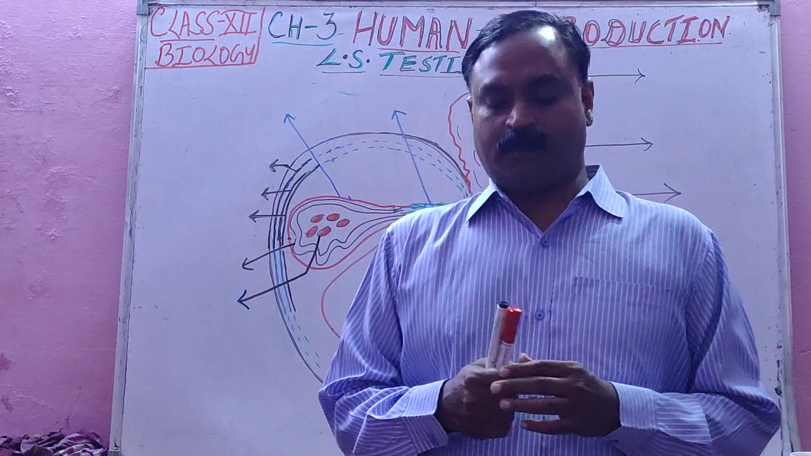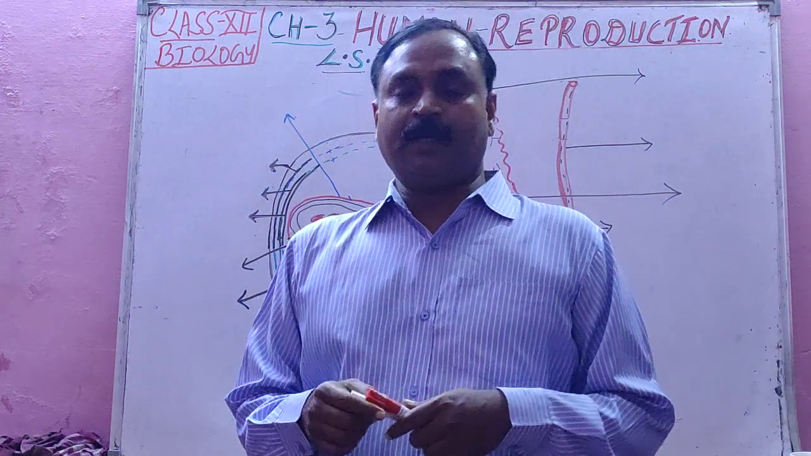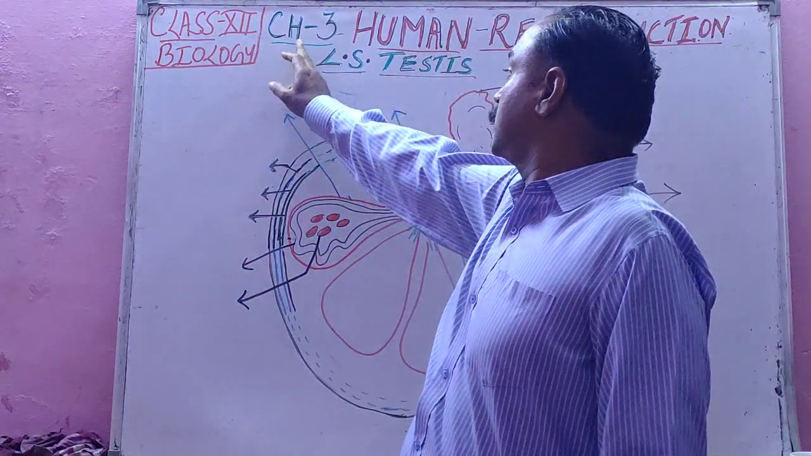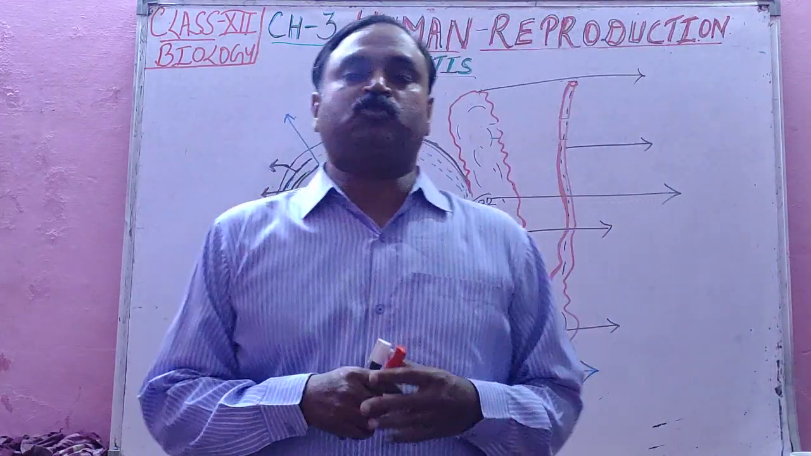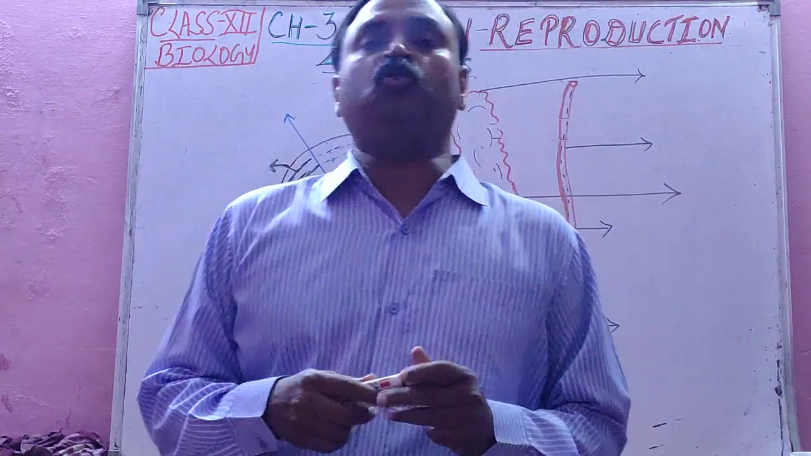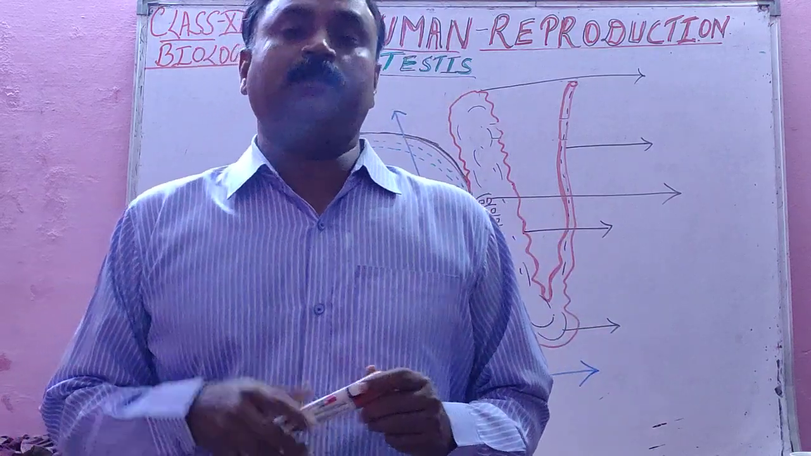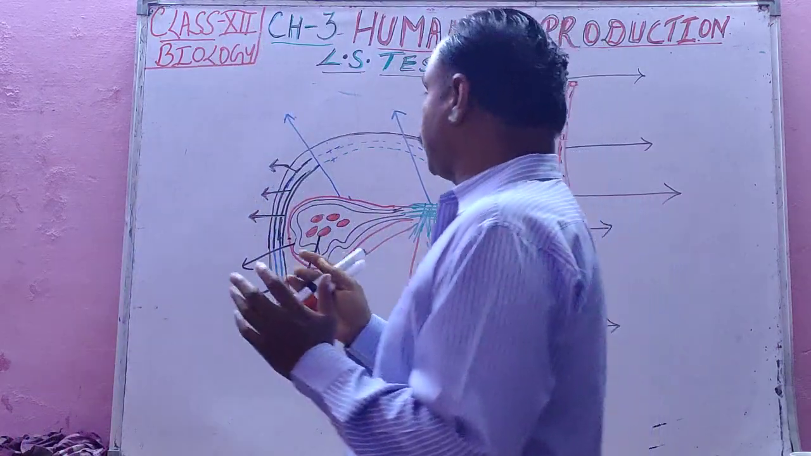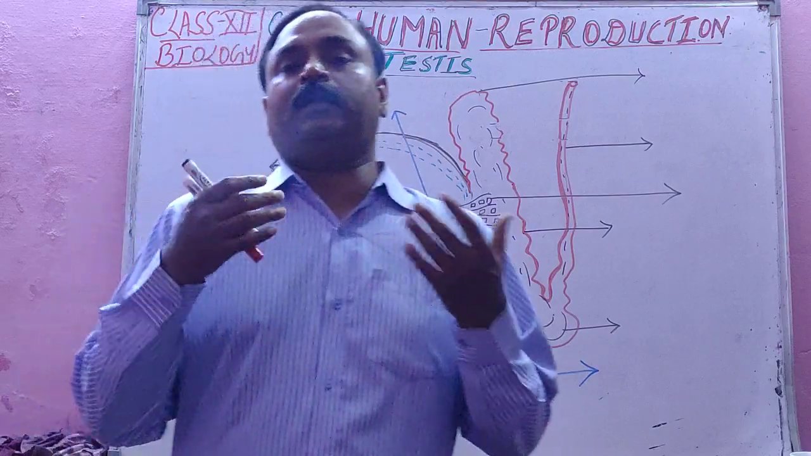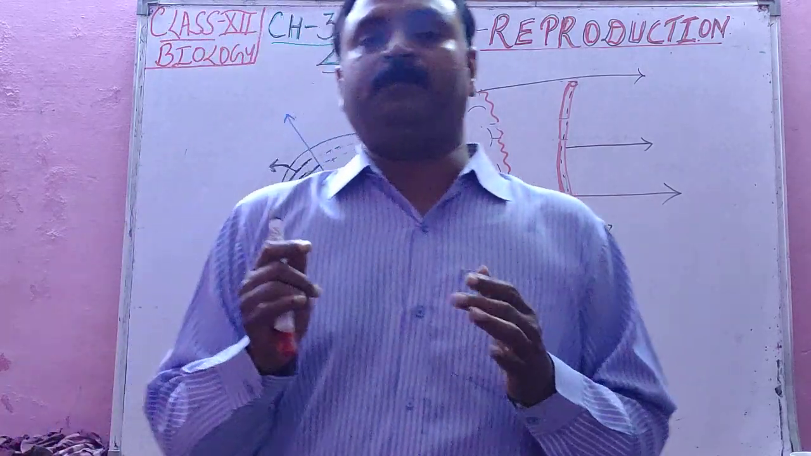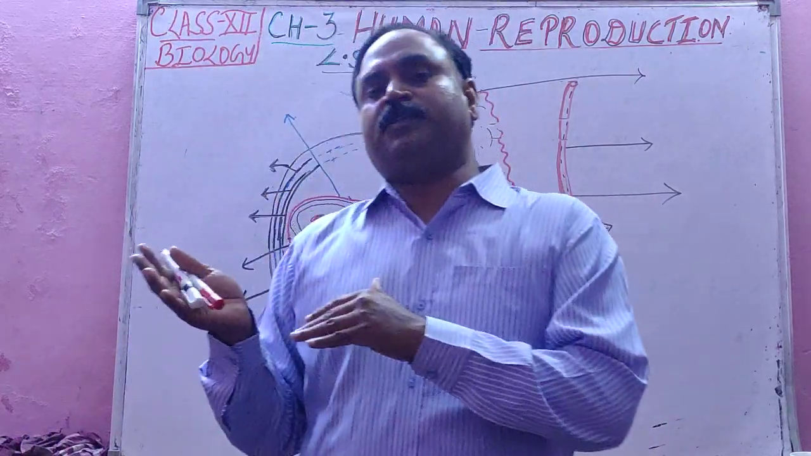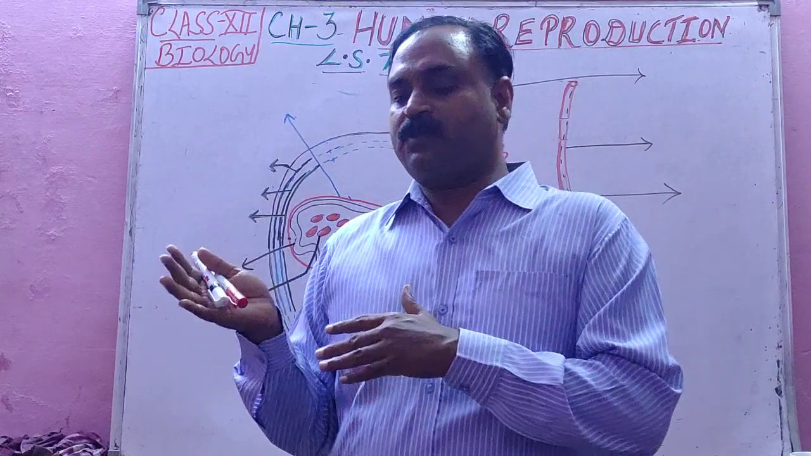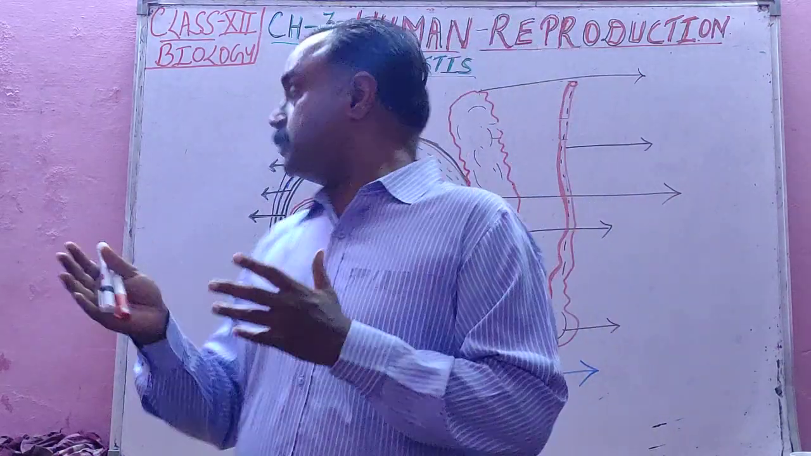Good morning, student. Today we are starting with the third chapter in biology, class 12th, that is human reproduction. In this, we are going to study varieties of questions, and in that, first one is male reproductive system, then female reproductive system. In male, we have to study LS of testes,